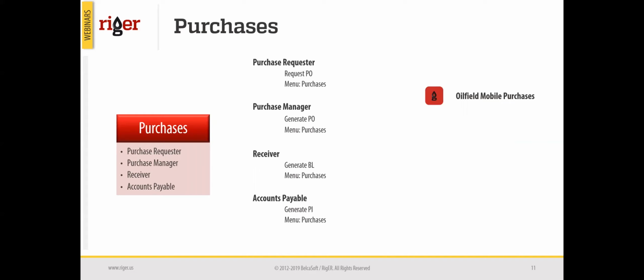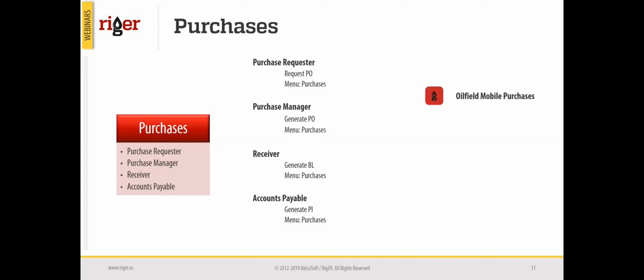These two roles were added to the system because we implemented the Oilfield mobile purchases application in RigER, and these two roles define who can request a purchase order and who can generate and approve a purchase order and proceed with the purchases in the system. And the receiver role is for the user who will do all the bill of lading documents and